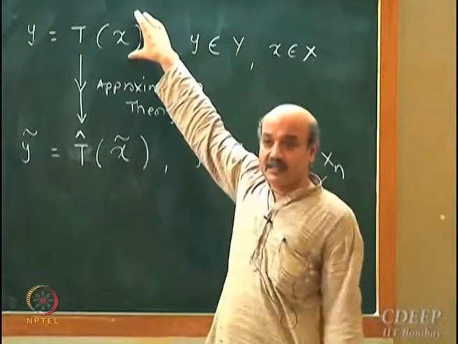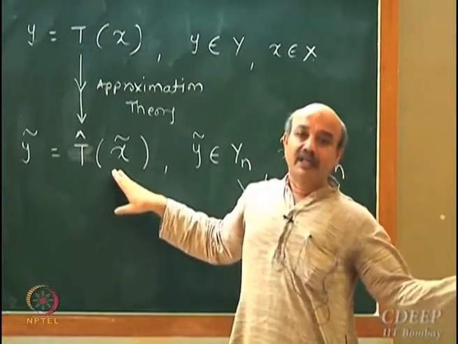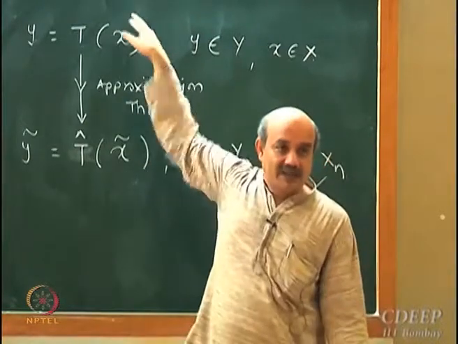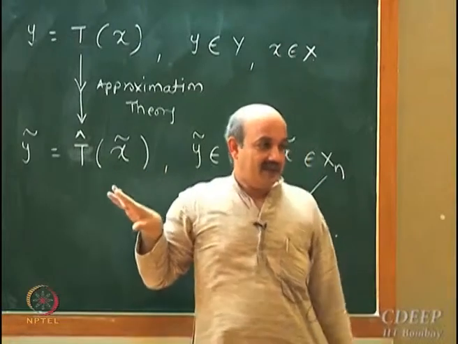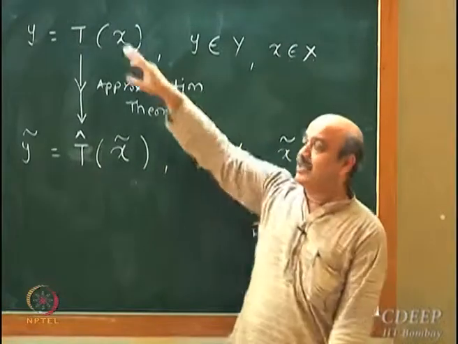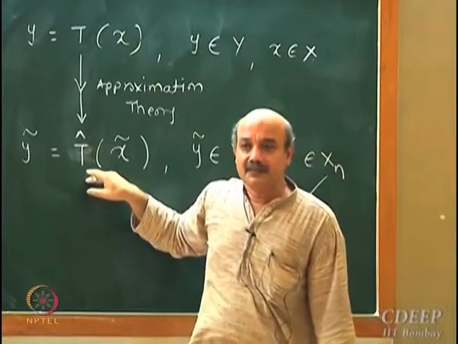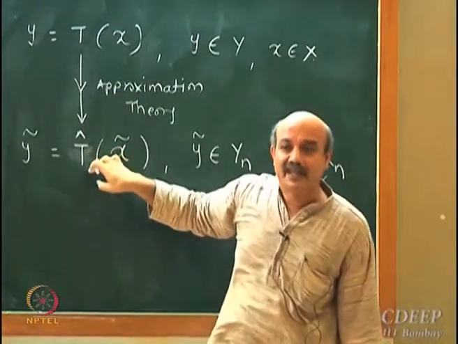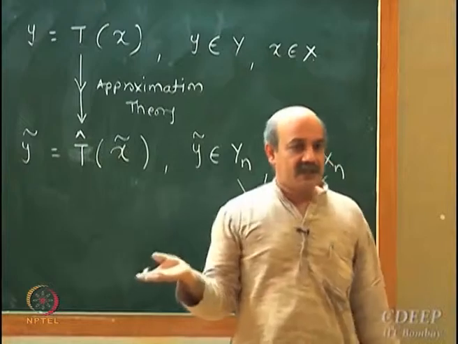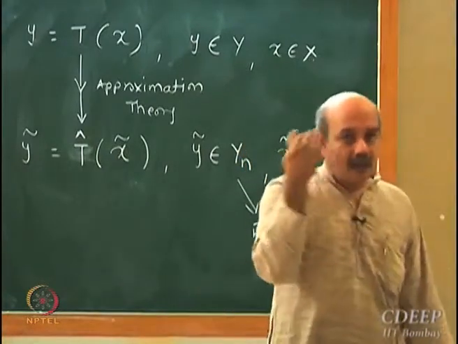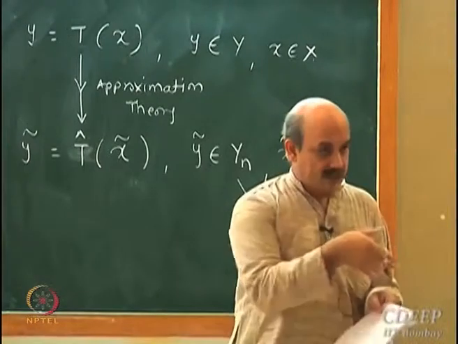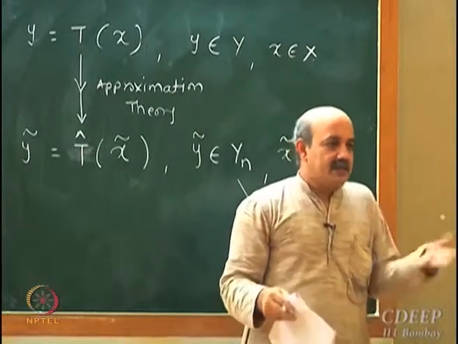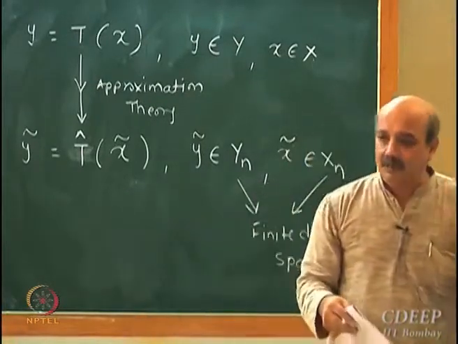This might be a partial differential equation, and what you end up with might be linear algebraic equations or nonlinear algebraic equations. So what you start with and what you end up with can be completely different. It is not that because I start with a differential equation, I will end up with a differential equation. Now when you go from here to here, there is no unique way of constructing T cap. There are multiple ways of constructing T cap. The same problem can be approximated, discretized in multiple possible ways. That's what we are going to see here, and each one of them has advantages and disadvantages. So there is nothing like the method to discretize.